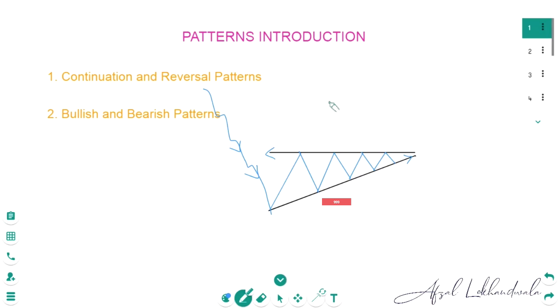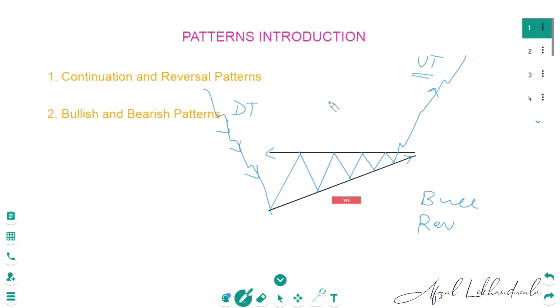Now let's say that the price had come from a downtrend and now after the pattern the price broke above the pattern and got converted into an uptrend. So earlier before the pattern we saw a downtrend and after the pattern breakout we saw an uptrend forming. So this is a case of reversal, and since the final conclusion is an uptrend, it is a bullish reversal pattern.